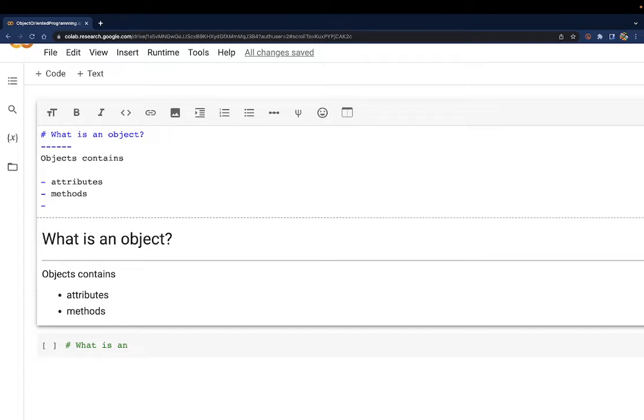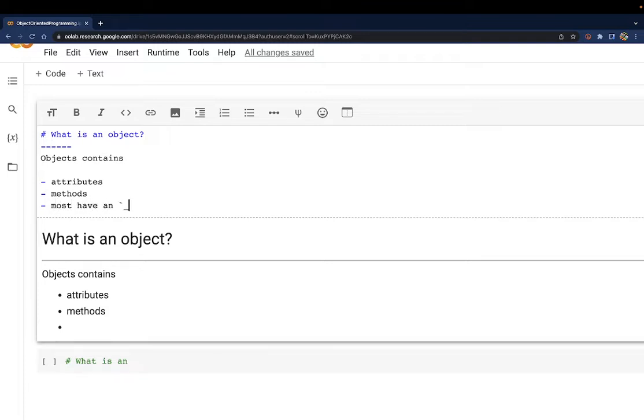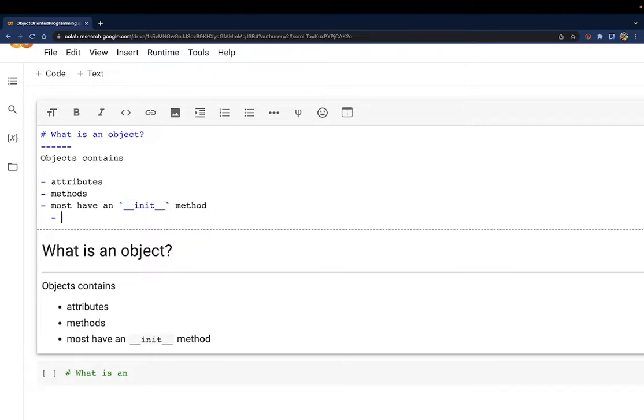Most objects have an init method, and we'll talk about double underscore methods in Python. That's a whole other type of thing. So I'll be using the init method in this, but just know that any method in Python that has double underscores before and after it, they're called dunder methods. So just a little aside,